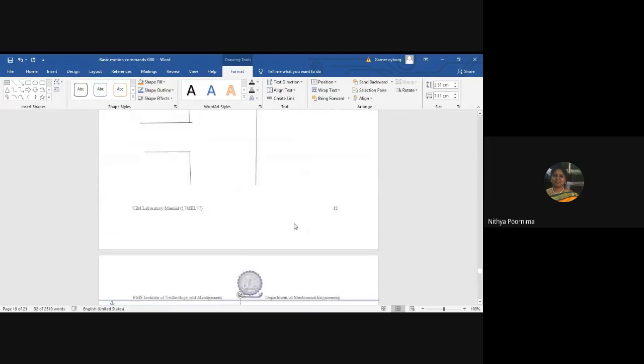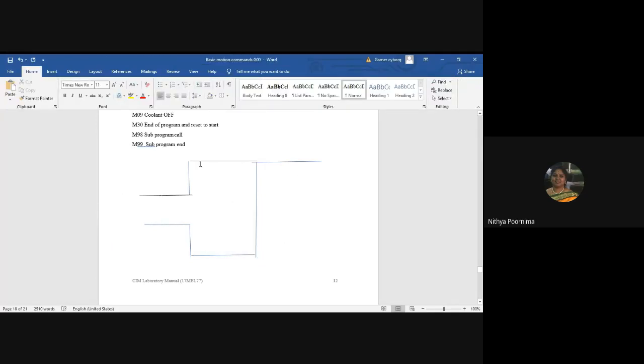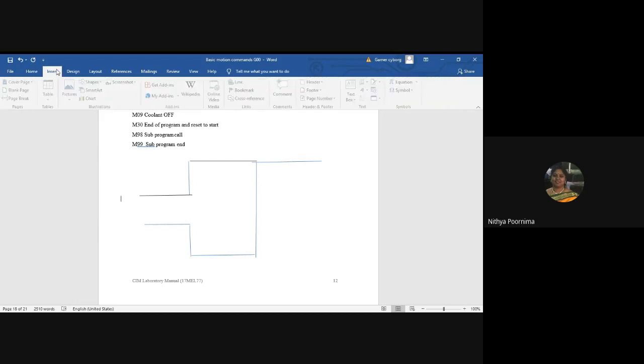But I'm finding it difficult to draw here, so you can take down the dimensions. This is a simple step turning operation, right? So this dimension from here to here will be 50 mm. This will be 10 mm. From my next class, I'll make sure that I install Paint and make it better.